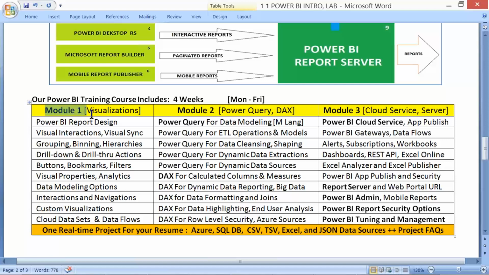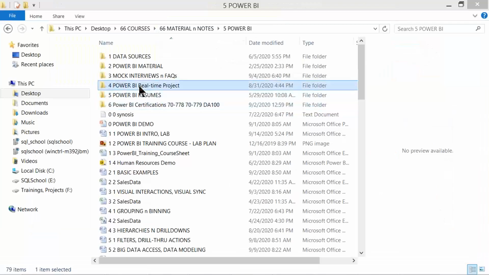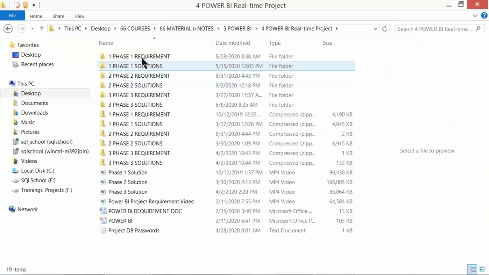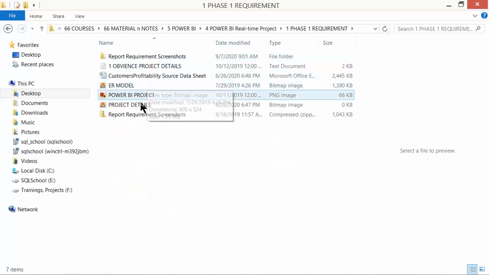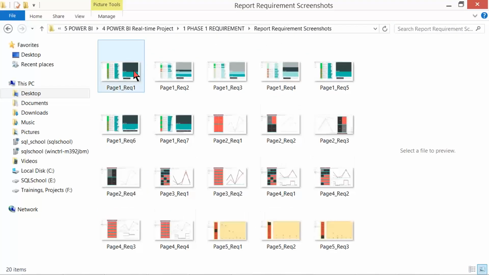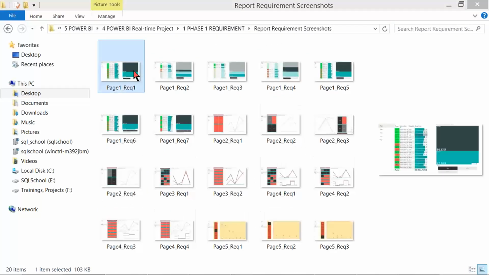First module is about visualizations, and the project also has a phase 1 all about visualizations and the requirements. It works something like this on my screen. So phase 1 would be about the report design.